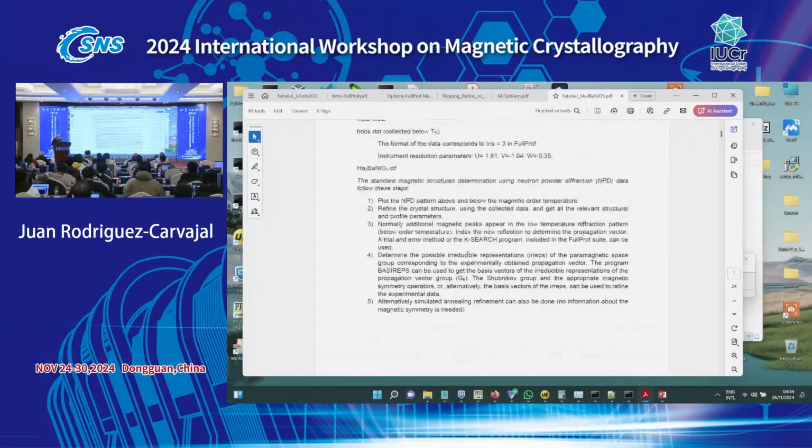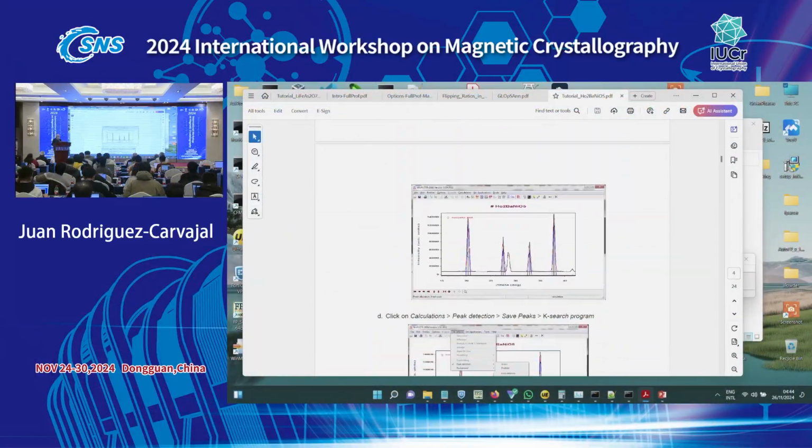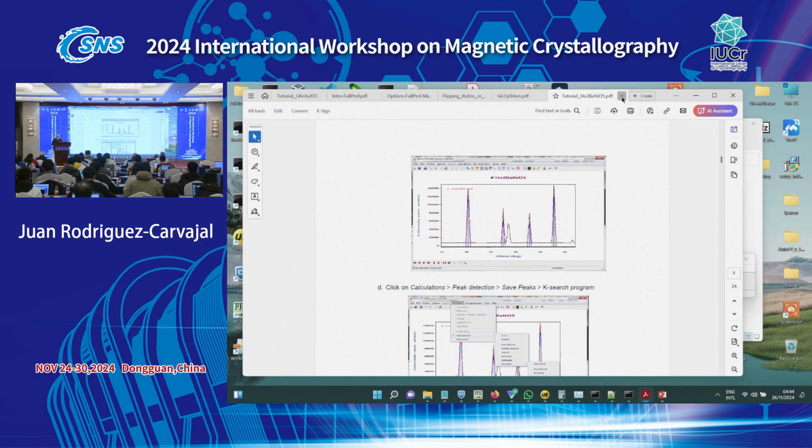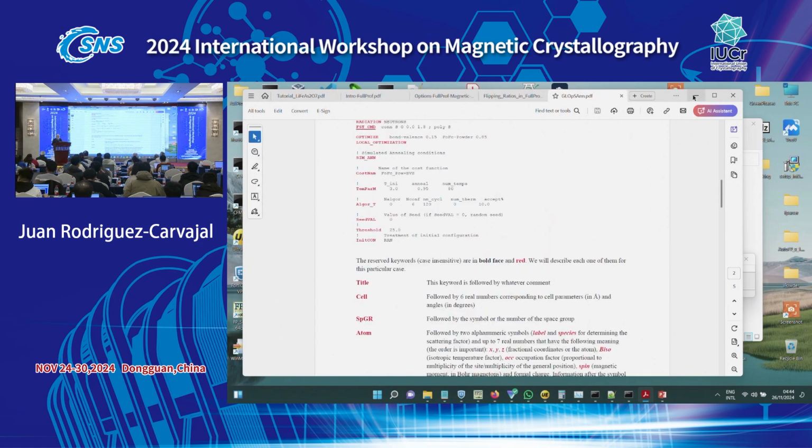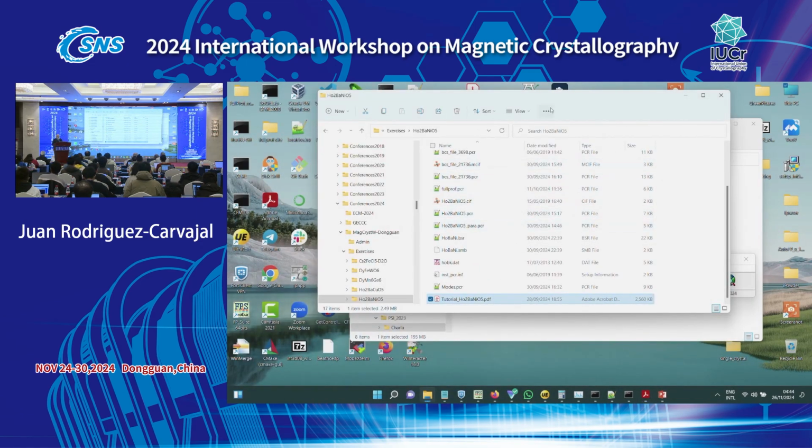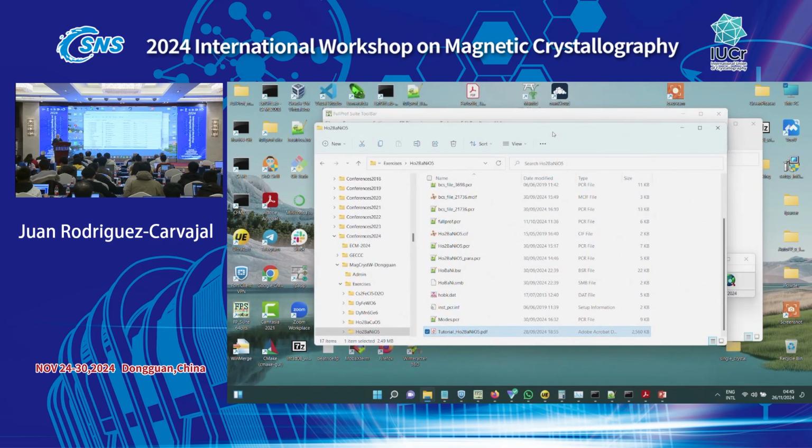And you see this tutorial guides you on how to work with that. Then you will download all these kinds of things and you will be able to work yourself at home, etc., in order to learn how to work with FullProf. And you have also documents in which the representation analysis, magnetic space group, etc., are explained in a PDF document that is distributed in this list of things.